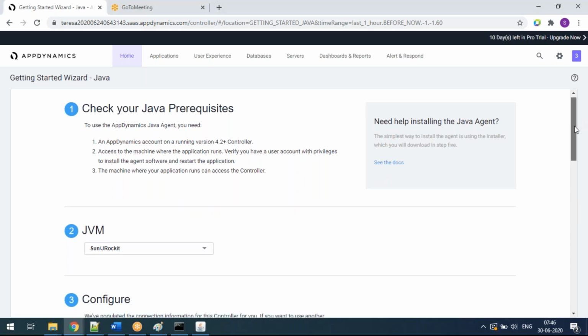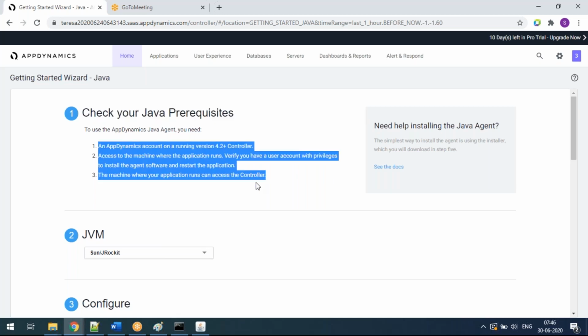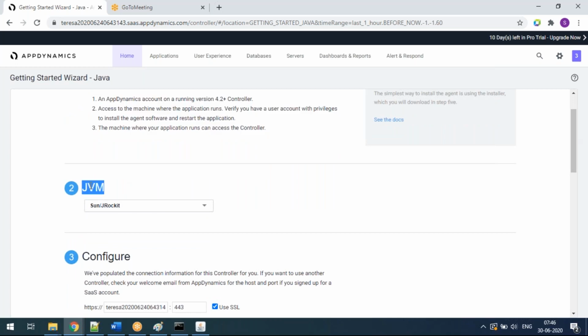In my case, the first point is I know all these are known factors for me. The second point, I know which JVM my application, this Apache Tomcat server and this JPetStore, is using. I know the JVM is Sun JRockit.